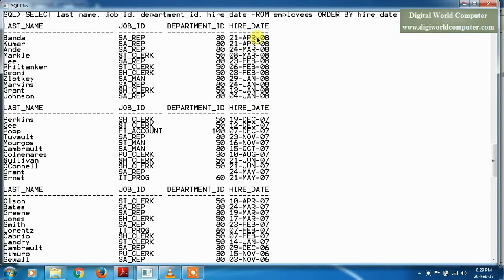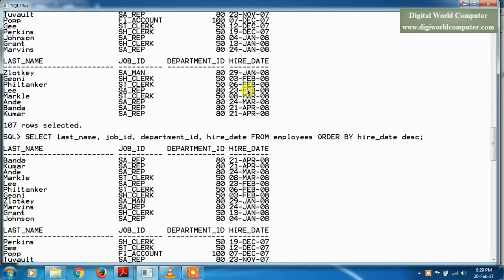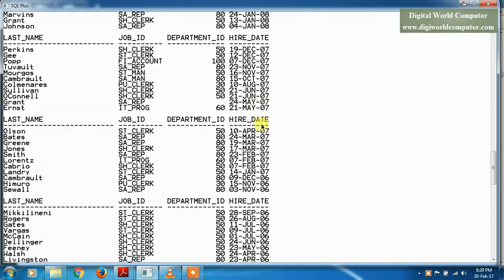Here you can check this. This is a descending format. By default it is ascending format. If we want to